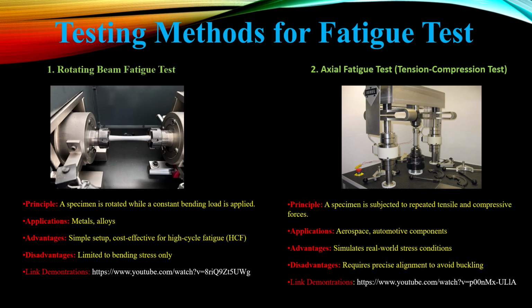One of its key advantages is its simple setup and cost effectiveness, making it particularly suitable for high cycle fatigue testing. However, the notable limitation is that it only assesses bending stress, excluding other stress types that materials may encounter